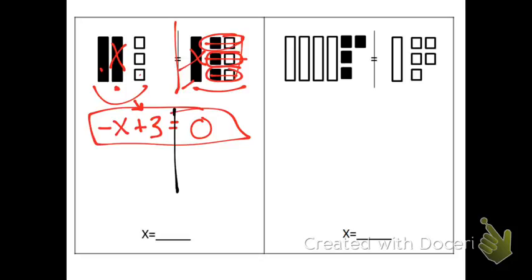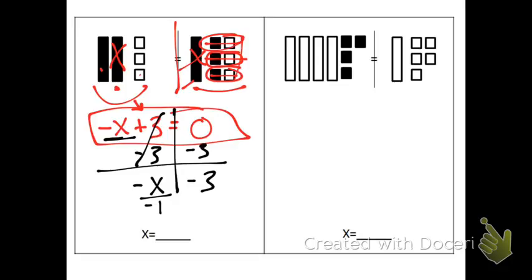First step, I want to get the x by itself, so I'm going to subtract 3 from both sides. These will cancel. I'm left with negative x equals negative 3. Now, remember, you're never allowed to be left with a negative x. So what I need to do is divide by negative 1. I'm just going to treat it like I really have negative 1 times x here. So when I divide by negative 1, that's going to give me the positive x that I'm looking for. And then I do the same thing over here. Negative 3 divided by negative 1 keeps my number but changes my sign,